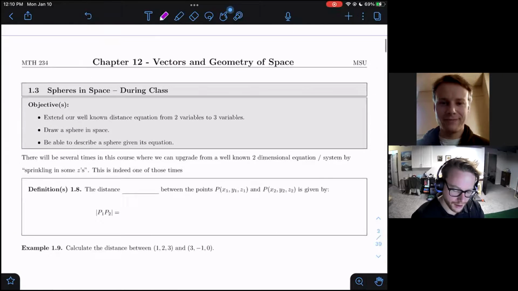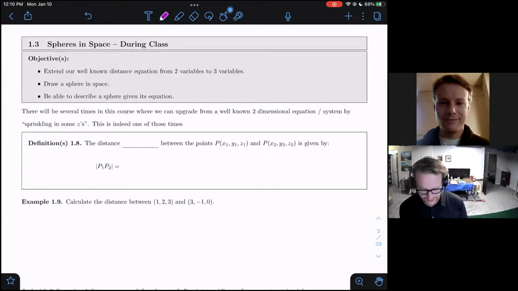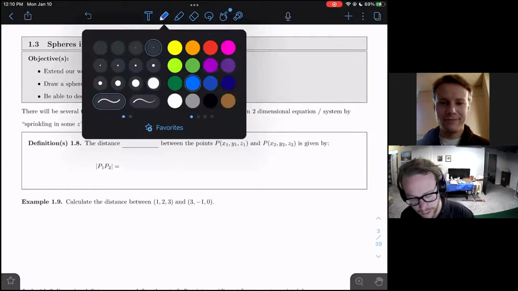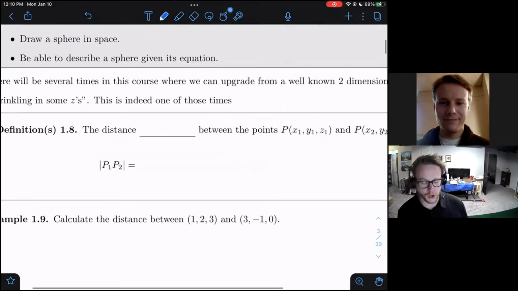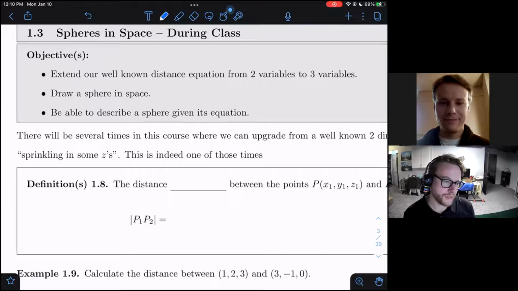All right. Going on, we have one more section to get through and only 10 minutes, sadly, to do so. So I'll speed through a little bit. This is a little bit more algebra heavy, which is fine, so maybe we don't need as much time. We're going to upgrade, and we're going to talk a little bit about spheres. We're going to talk about distances, all that sort of stuff.